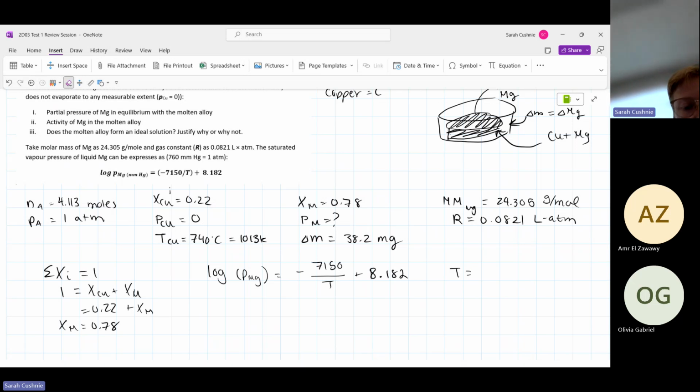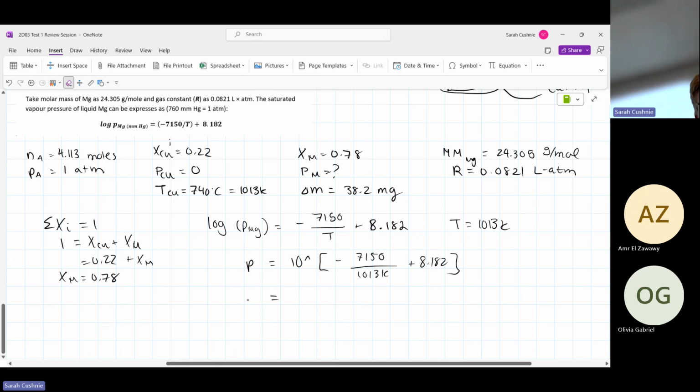We know that T is equal to 1013 K. So we just need to solve for the pressure here. We can say that P is equal to 10 to the power of negative 7150 over 1013 K plus 8.182. If you were to calculate this, we get P Mg is going to be equal to 0.0